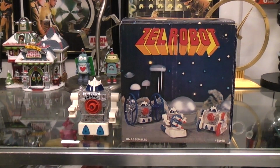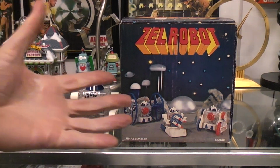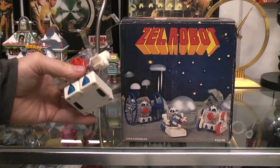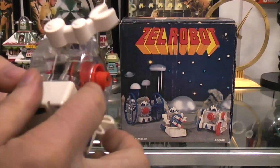Okay, today I thought we'd take a look at the Zell robot. The Zell robot was made in Japan. What's unique about this, here's my hand, is it's such a small robot, and it has a very unique winding